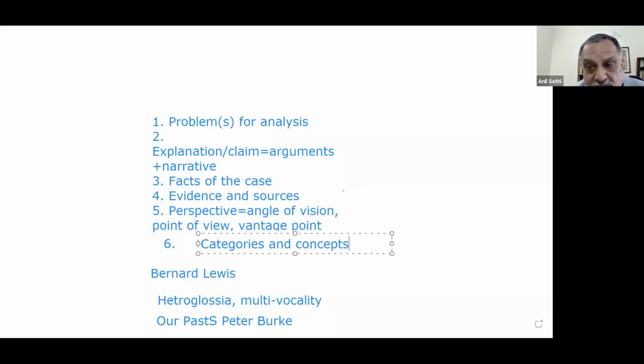These are closely related but different concepts. So some concepts are so closely related that unless we are able to understand the concept correctly, we will not be able to write our history correctly, because